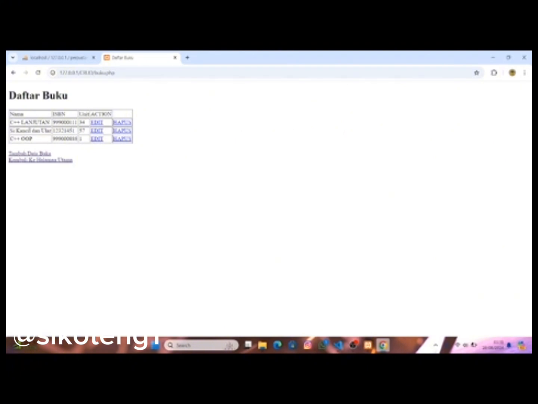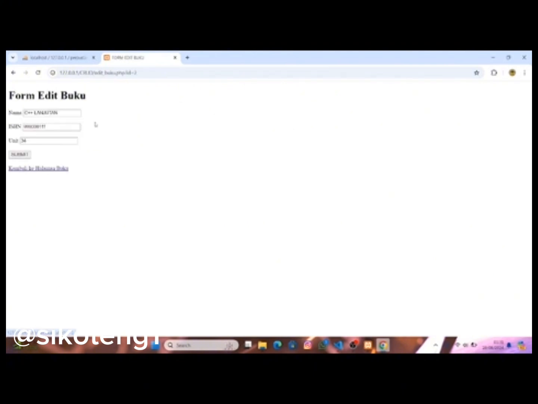Maybe this C++ lanjutan is not only C++ lanjutan, but C++ lanjutan for master. And we got 2 more units, so we add that and submit.